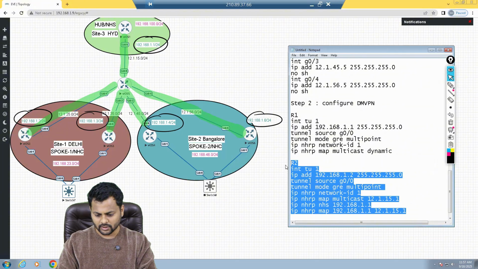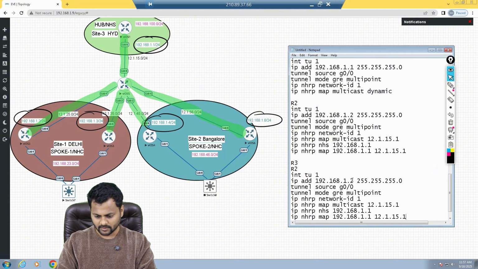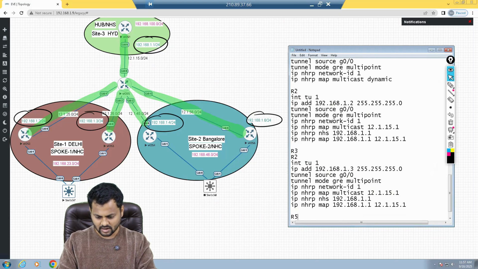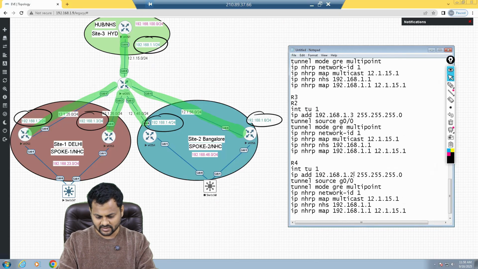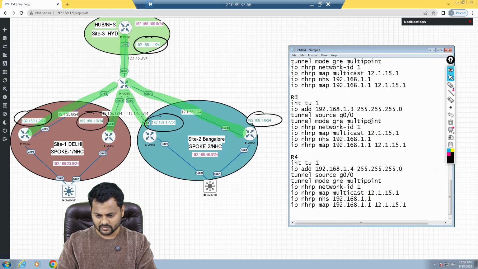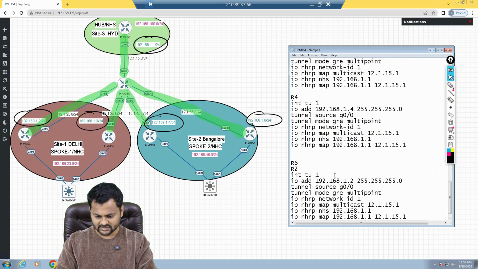One of the good parts of DMVPN is, you can copy and paste the configuration. Just change the IP part. The remaining things are the same. R4 as well. So R4 is done. That's my IP 1.4. This R3 is done. That's my IP 1.3 right now. And then finally we have router 6 as well. R6 we have